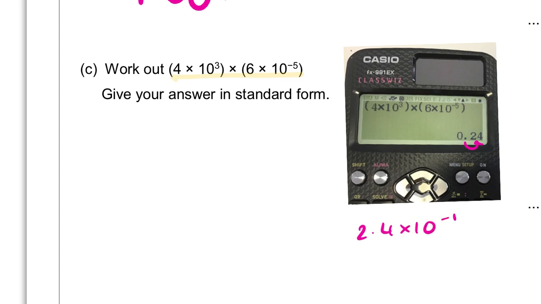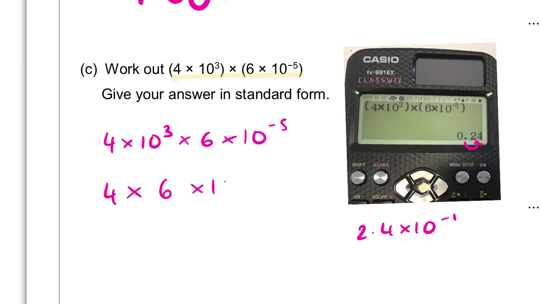However, sometimes they're going to give you big numbers so that it doesn't do that. They want you to understand what's going on here. So let's actually break it down. We're multiplying, right? So what do we know with multiplication? We can switch it up. For example, we can say this is the same as 4 times 6 times 10 to the 3 times 10 to the -6. 4 times 6,